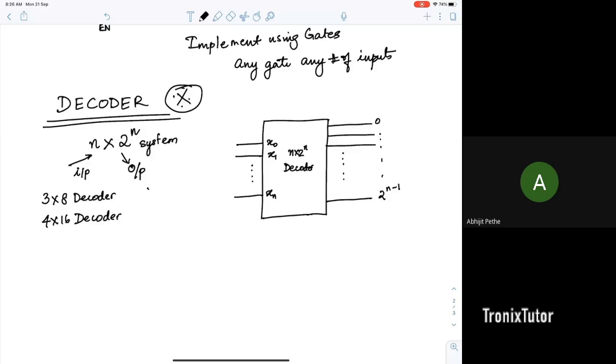Or sometimes it's written as 3 is to 8, 4 is to 16. Always remember it's of the form n cross 2 power n. So what is the function of the decoder? The function of the decoder is